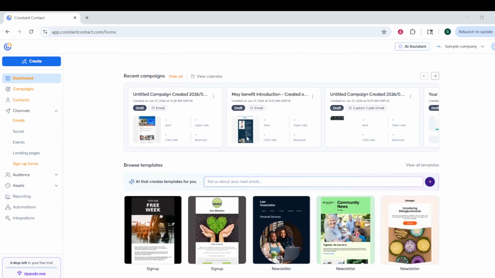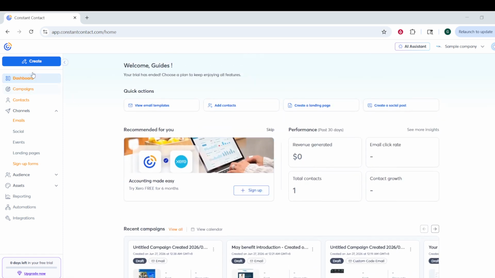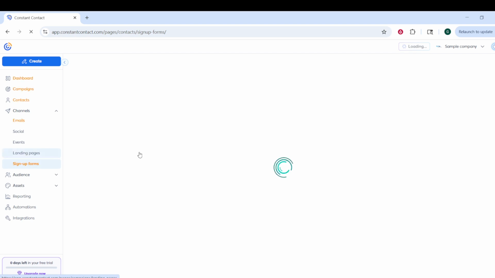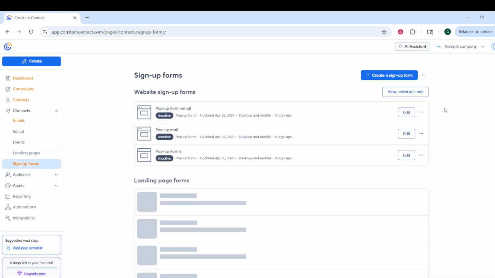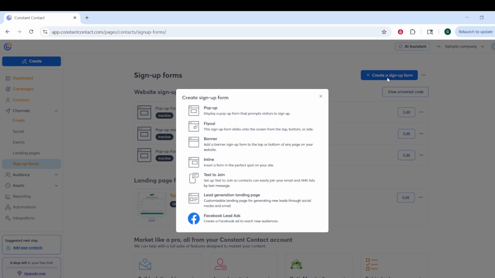account before you begin. Start by logging into your Constant Contact account. Once you are inside the dashboard, look for the section called Sign Up Forms. This is where Constant Contact keeps the tools for building forms that collect subscriber information, such as names and email addresses. After you open Sign Up Forms, choose the option to create a new form. This begins the form creation process and lets you decide what kind of form you want to add to your